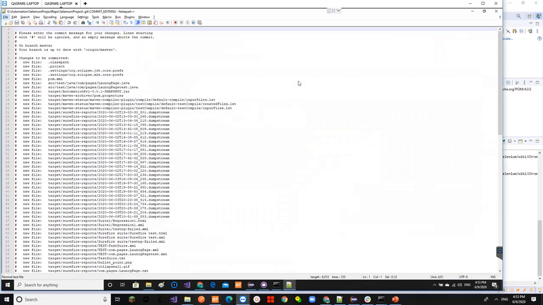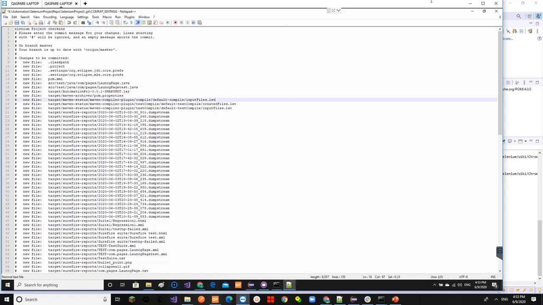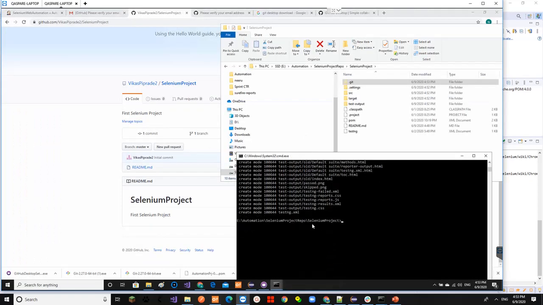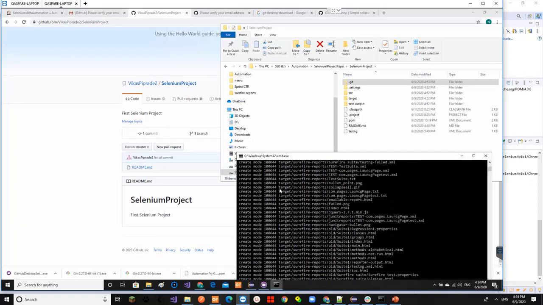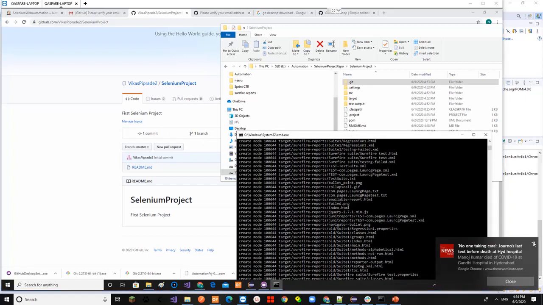So you need to give a particular description, that my Selenium project check-in, this is my message for this particular commit. Committing it, saving it, and all files, the mode is changed, and it's ready to be put into the GitHub repository.